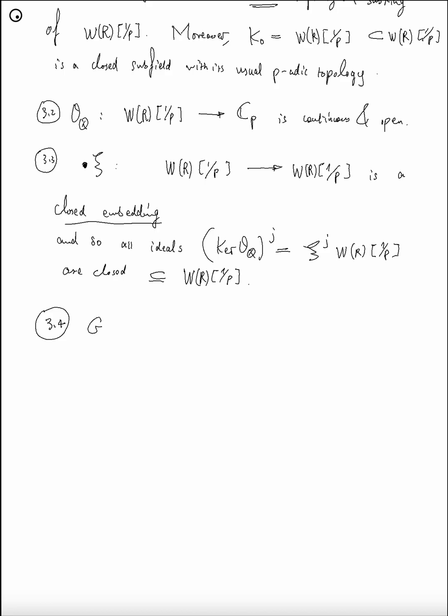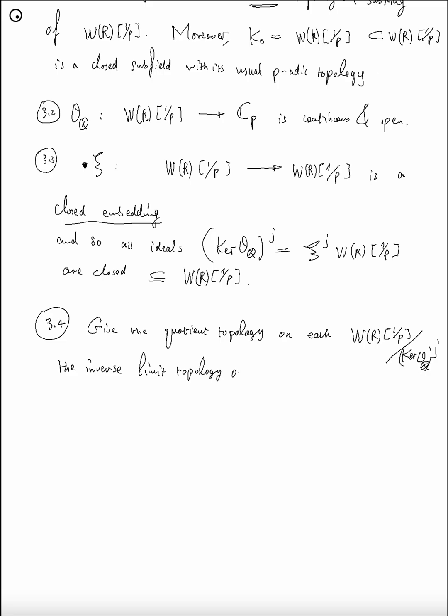3.4. Give the quotient topology on each piece, the corresponding inverse limit topology, hence induced on B-dR plus, making it a Hausdorff topological ring,